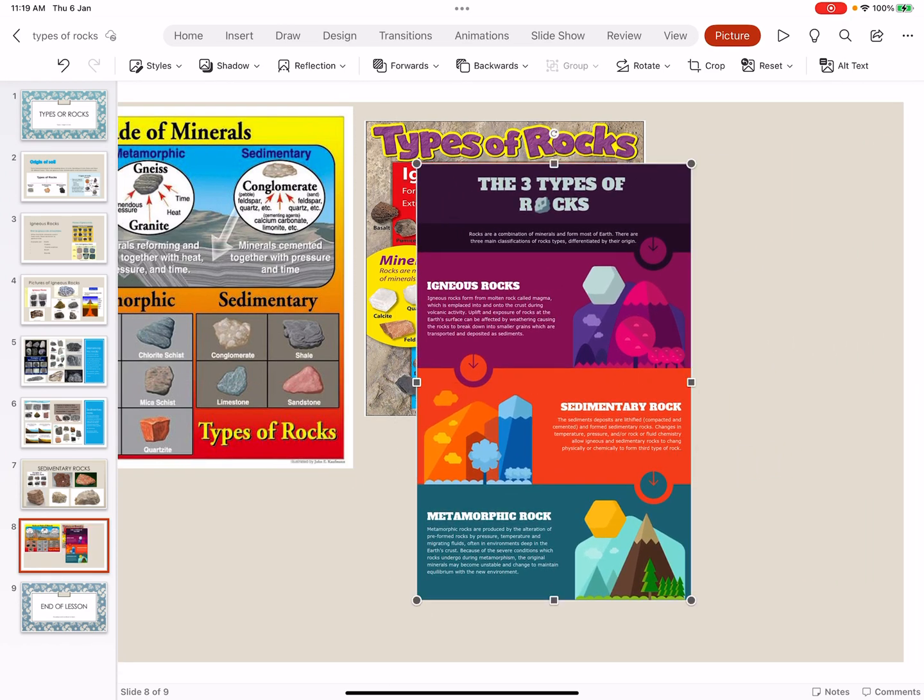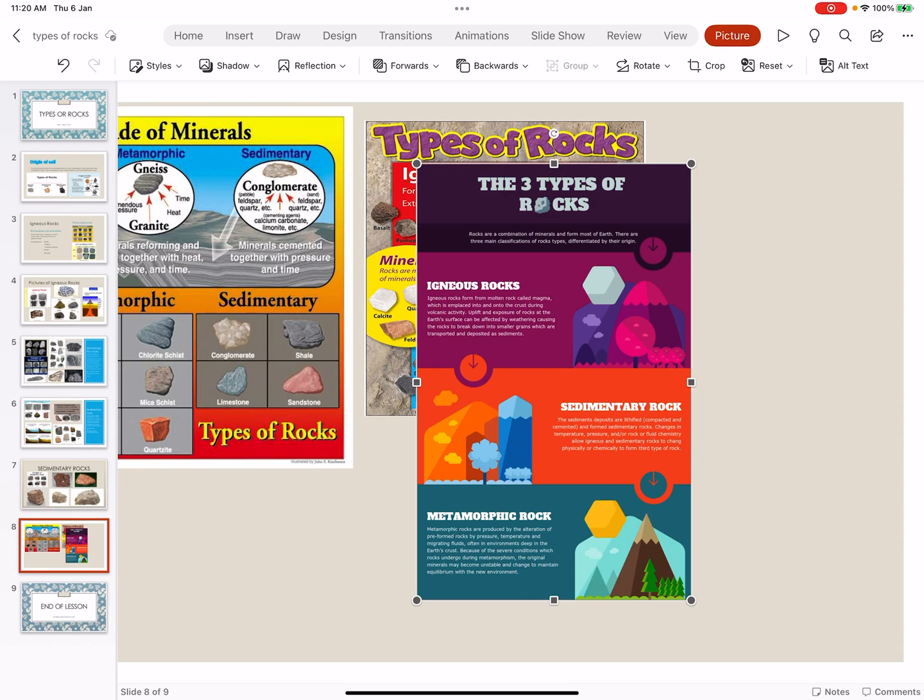Good. So, three types of rocks. Rocks are a combination of minerals and form most of Earth. There are three main classifications of rock types differentiated by their origin. Igneous rocks form from molten rock called magma, which is emplaced into and onto the crust during volcanic